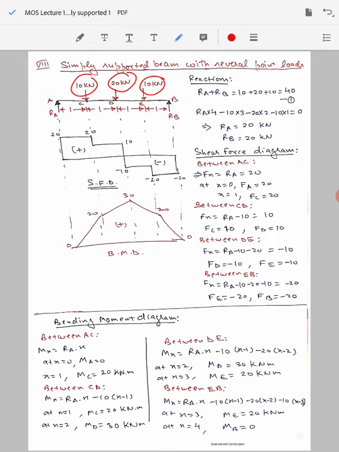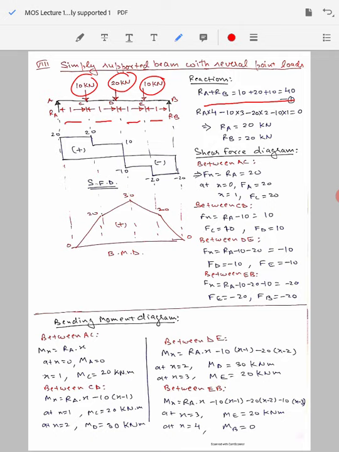You see this beam is loaded in a very symmetrical fashion. So I could have straight away identified the values of RA and RB, because their distances are equal. So I know that RA plus RB will be equal to 10 plus 20 plus 10, so that becomes 40 kilonewton. So one equation is clear here. And both reactions are going to be equal, so beforehand I know that RA is going to be 20 kilonewton and RB will be equal to 20 kilonewton.